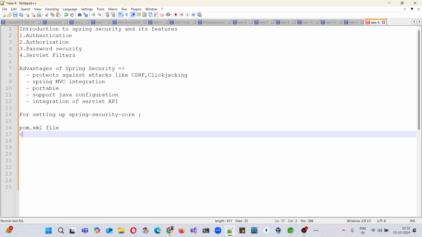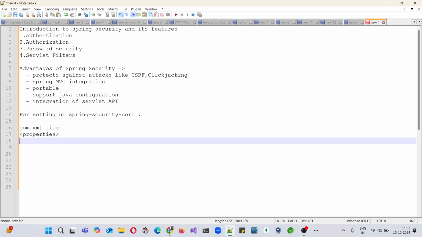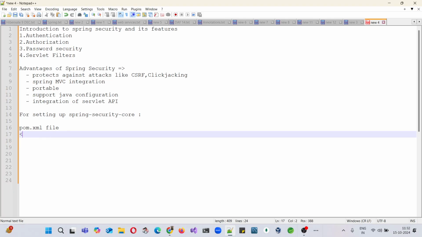Put these dependencies like properties. I give it to you in the proper way. So these are the dependencies, and